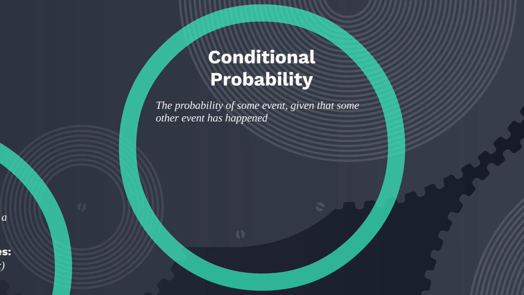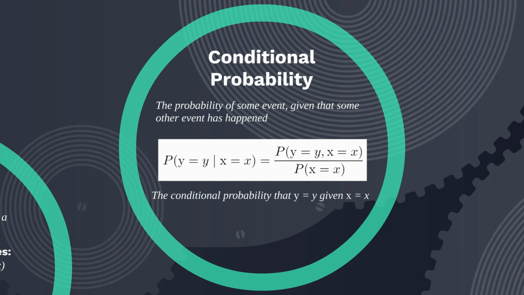Lastly, we have conditional probability, and this comes up fairly often. It's the probability of some event given that some other event has already happened. So that can be found using the following formula. So p of y given x is going to be the probability of y and x simultaneously over simply the probability of x alone. So this is the conditional probability that y equals y given x equals x. So conditional probabilities come up frequently,